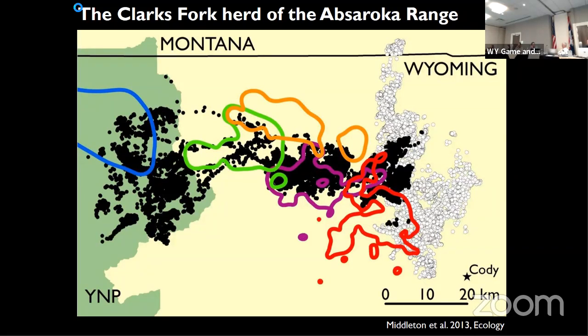And this is a herd of, I'm not up on the latest numbers, between 4,000 and 5,000 elk that sort of split among migratory and non-migratory populations. You're seeing here resident non-migratory elk GPS locations out on the Absaroka front, including over in Mark Mountain to the east here, which we heard about earlier.